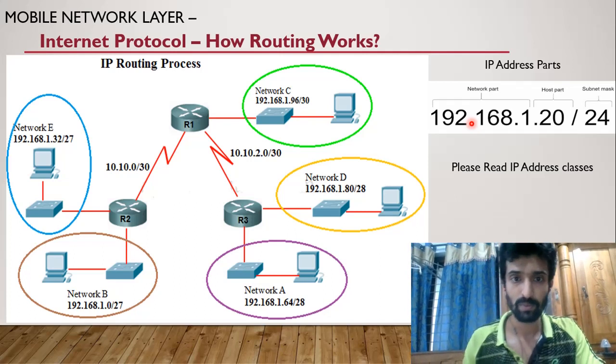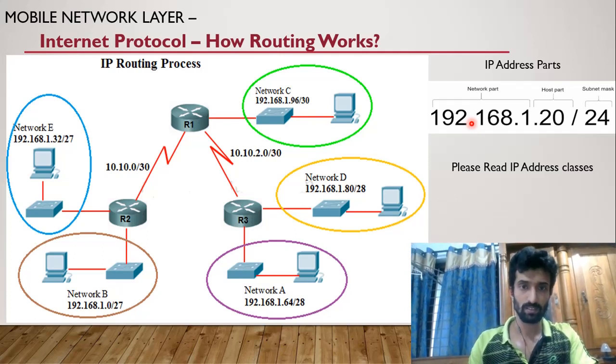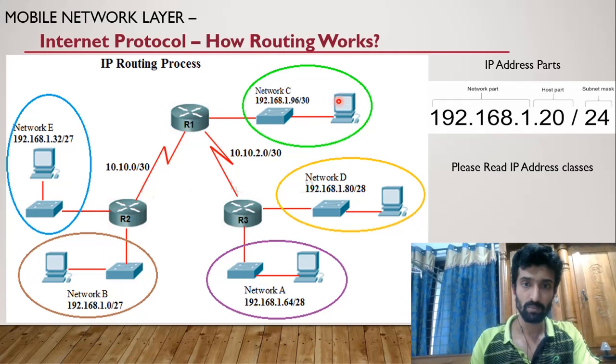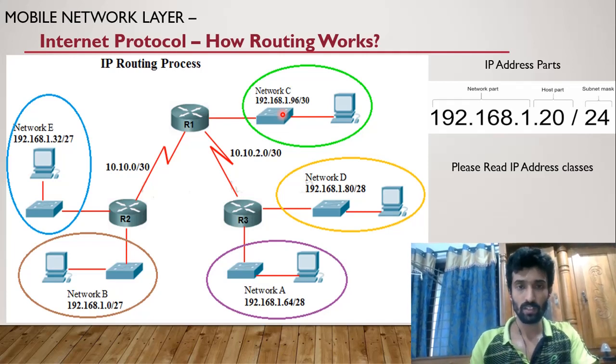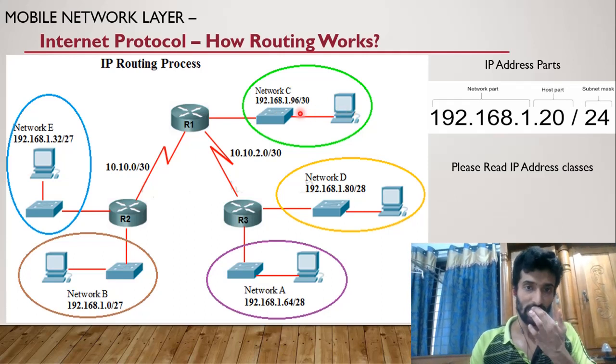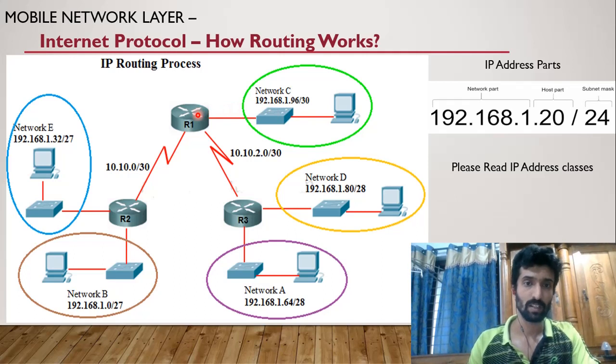Okay, we will understand the concept of routing with a simple example. Let's say this particular machine residing in the network C needs to send a packet to the machine existing in the network E. This machine will generate an IP packet, and give it to the immediate machine, that is an entry point or an access point. Here onwards I will use a new terminology called home agent. So this machine will send the packet to the home agent. The home agent will forward that packet to its immediate router.